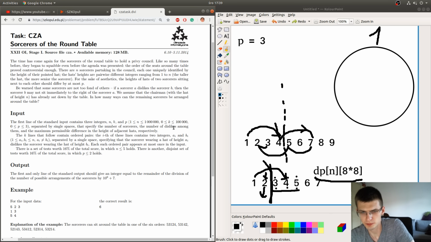Also, it might be helpful to see that when we go 1 by 1 to the right, so we increase that prefix by 1, most of the time, we have 100,000 forbidden edges.